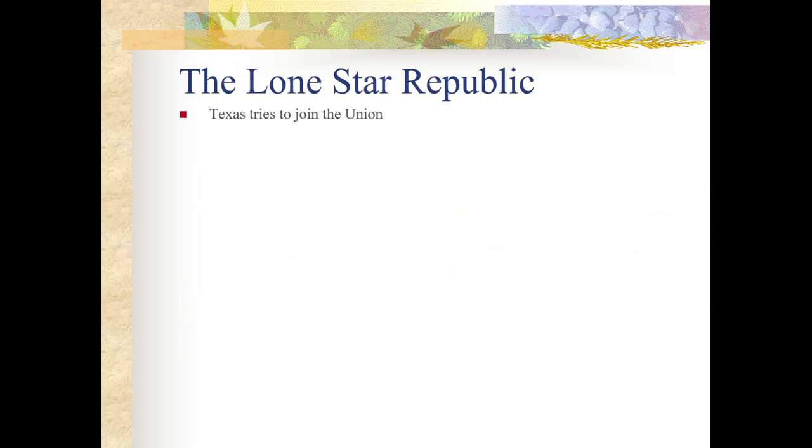Their first president will be Sam Houston, and they fly their own flag with their lone single star as the Lone Star Republic. But over time, Texas actually approaches the United States about annexing the territory. As the majority of the citizens in Texas were American citizens, they had won their independence from Mexico, but they wanted to be part of the United States. So in July of 1836, again, is when Texas will have its independence, Sam Houston as their president.